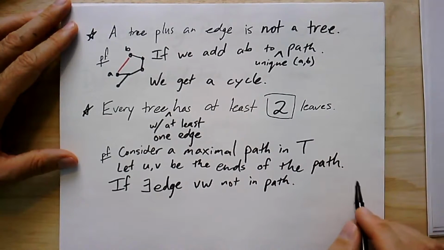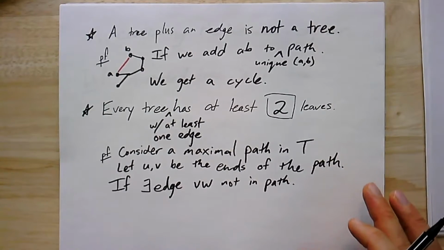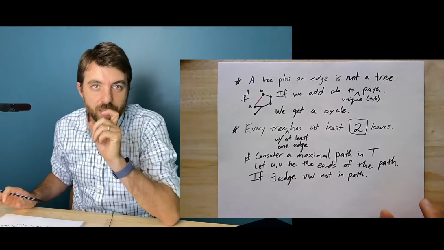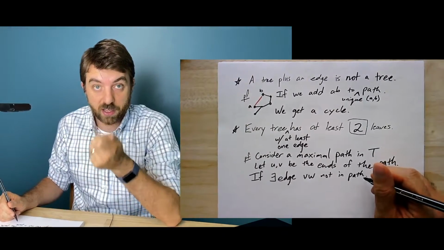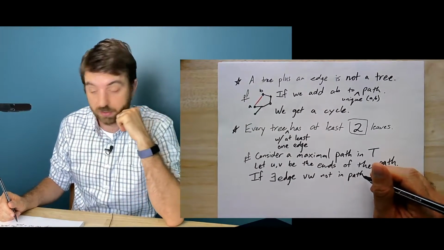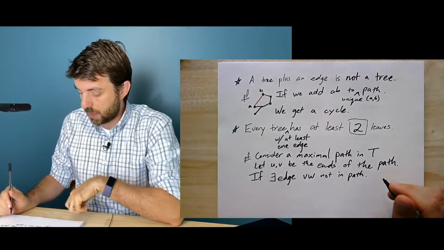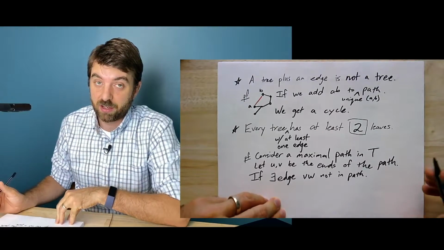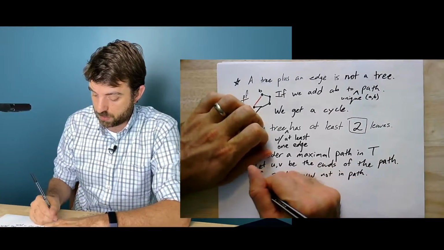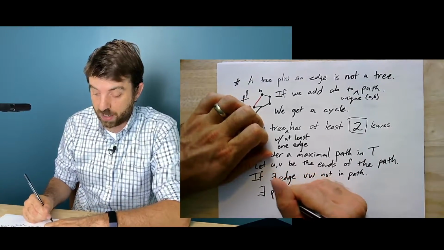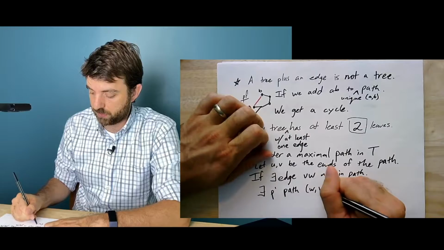if W is already in the path and T is a tree, then, well, let me give an even simpler way to say this. Because we have a path and W is in the path, W itself has to be in the path. That's the only way it would keep us from just extending the path to make it longer. Since W is in the path, I have a subpath from W to V that's in P, right? So there's this, let's call it P prime, which is a path from W to V